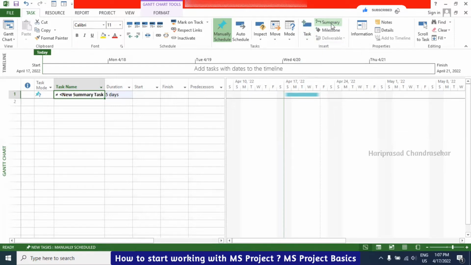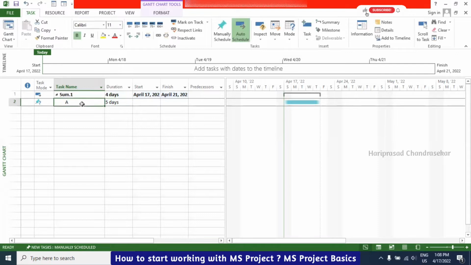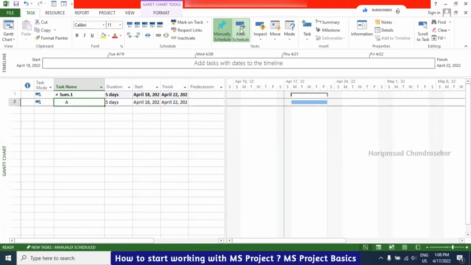Now I am going for a summary task. Summary task in the sense it will automatically come as a summary. So I'm putting summary one. When I'm putting this auto schedule, it will try to follow the current project calendar, which we can modify from